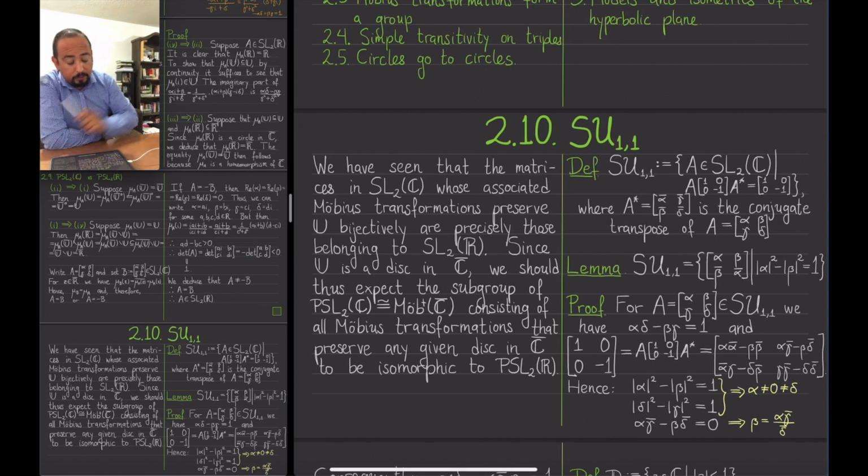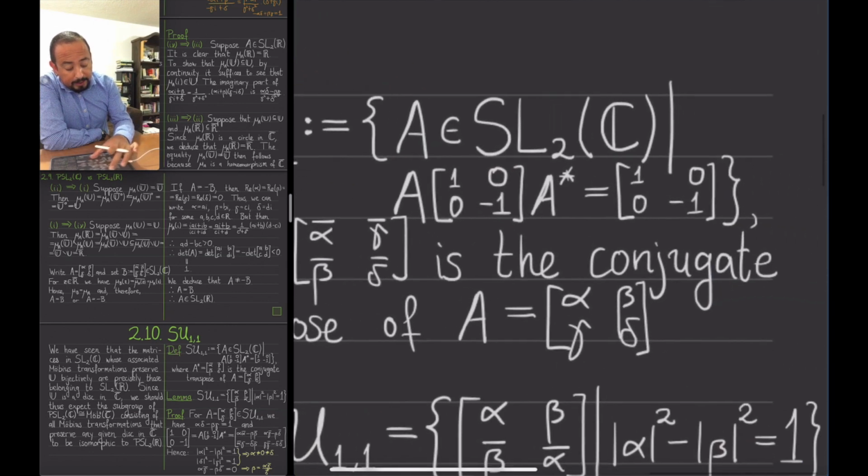So let me introduce the group as a group of matrices, namely SU11 is defined to be the subgroup of SL2C consisting of all those matrices that preserve